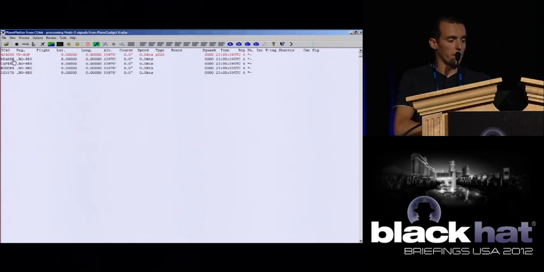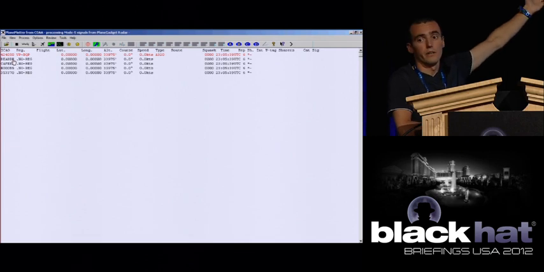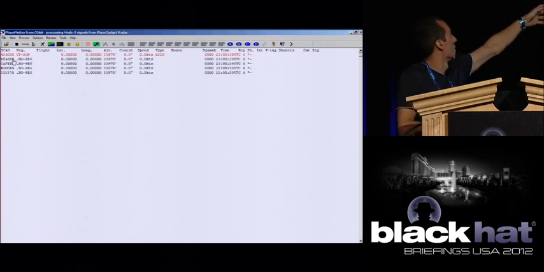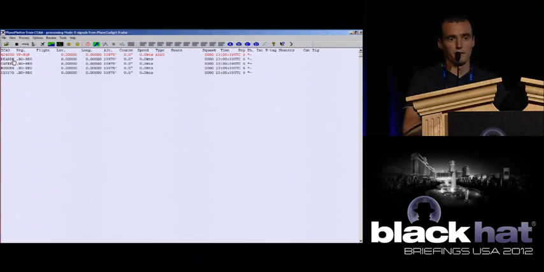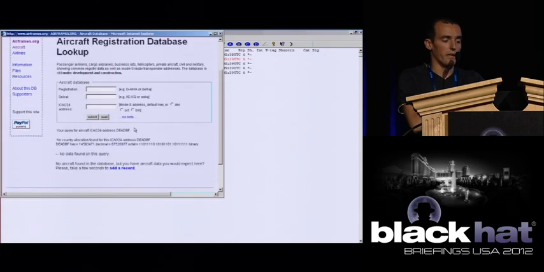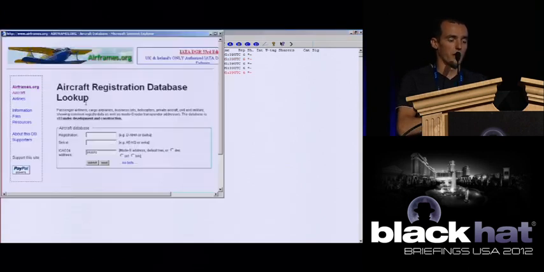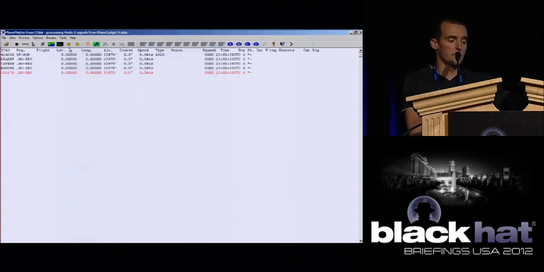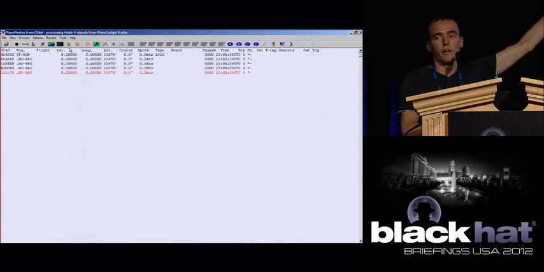As you can see, we crafted 4 messages, and if you're familiar with hexspeak, we have CAFEBABE, we have DEADBEEF, we have 31337, you know what it means. So these are planes which do not exist. If we try to look them up, you can easily see they do not exist. So injecting fake airplanes is quite easy, just by taking a real message and crafting it to your needs,